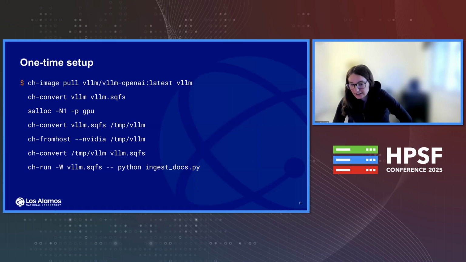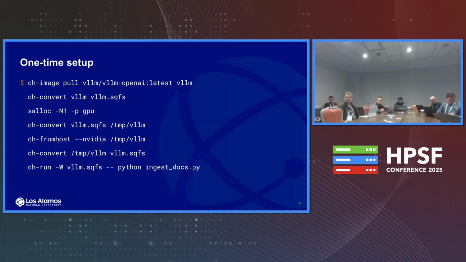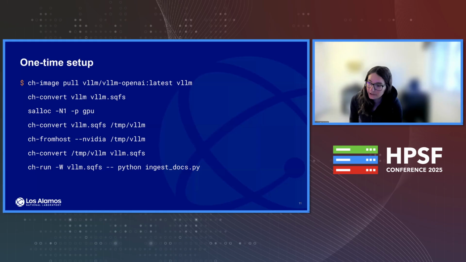And then the next three lines are all dealing with injecting the NVIDIA libraries that are on the node into the container so that everything's matching and there are no version conflicts. And then on the last line, because this is a one-time setup, we're doing all that document ingestion. So we've got a whole folder tree of our internal documentation, external documentation, and user support tickets, and we're ingesting that into the Milvus database. But then in subsequent steps, in our case Llama Index will be reaching out to the Milvus database to retrieve context to respond to the queries.